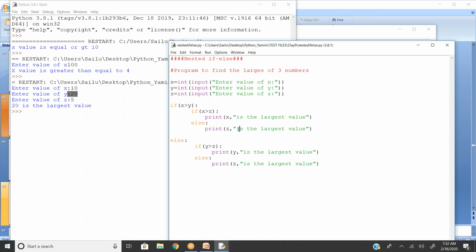Here I take a nested if only for 2 levels, first level and second level. But when you go for 4 inputs, 4 numbers, then the nested if will be increased to the next level also. You have to check X with Y, X with Z, X with W. And in the same fashion, else will be there, followed by else if.